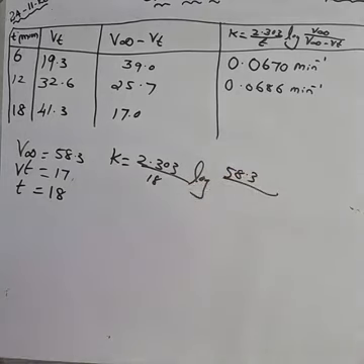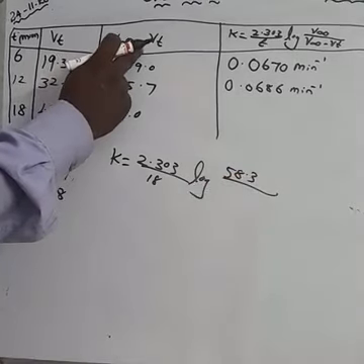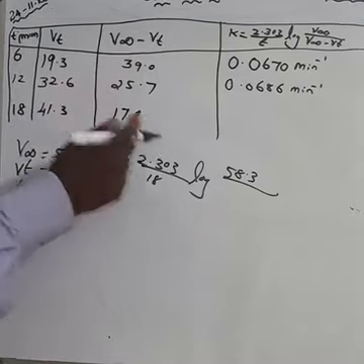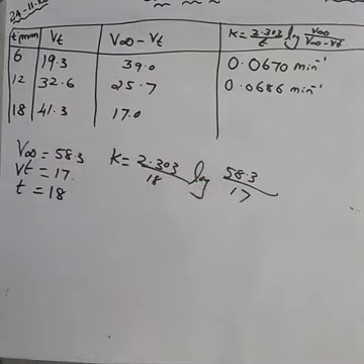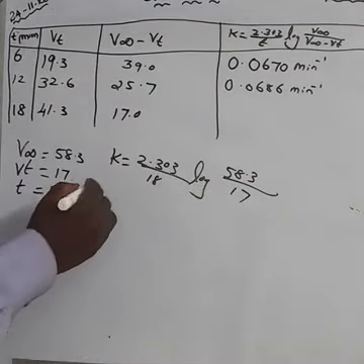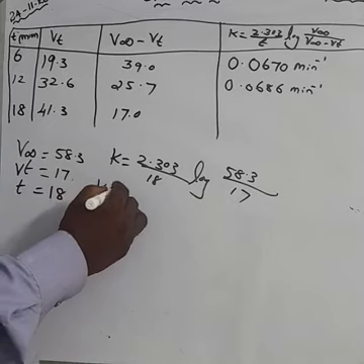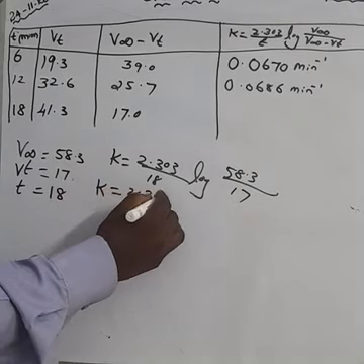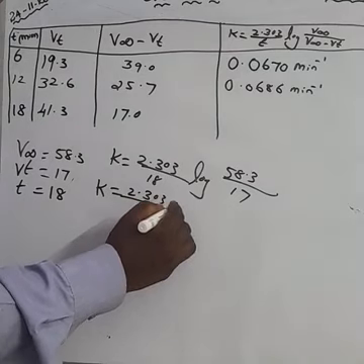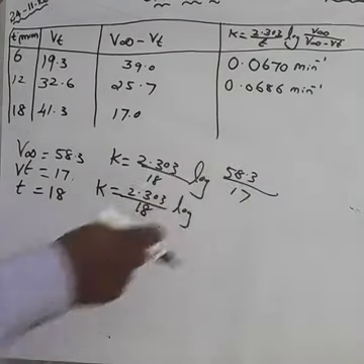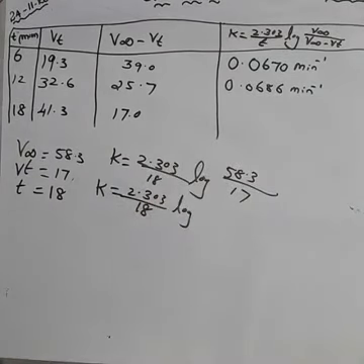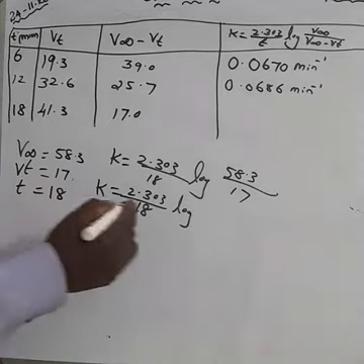58.3 divided by V infinity minus Vt. V infinity minus Vt, how much? 70. Okay, then we can calculate. K is equal to 2.303 divided by 18 log. First of all, we should divide 58.3 divided by 70. The approximate value is equal to